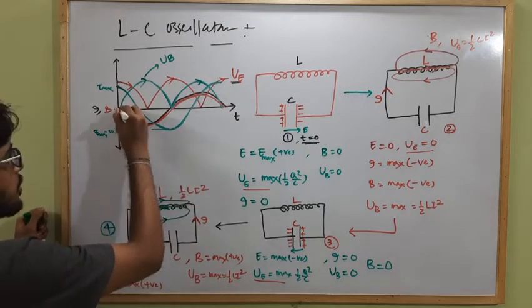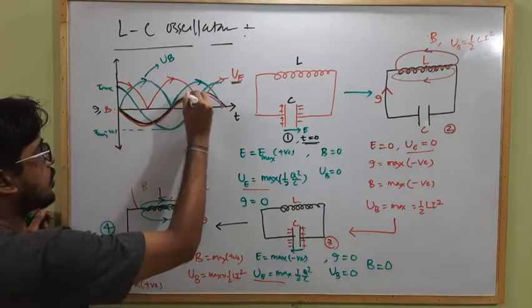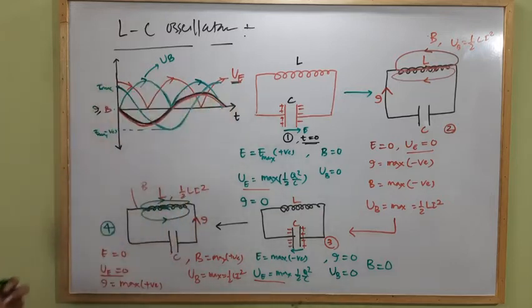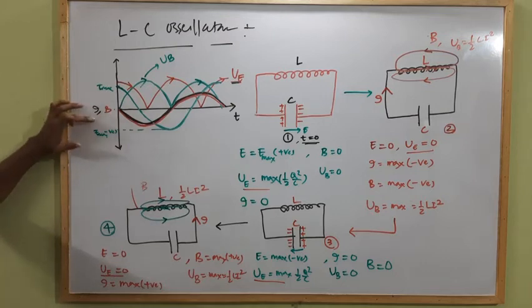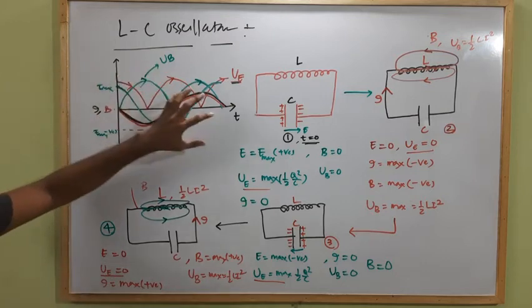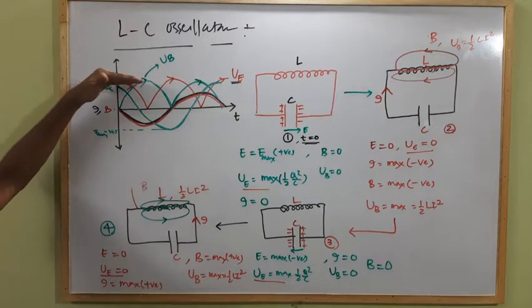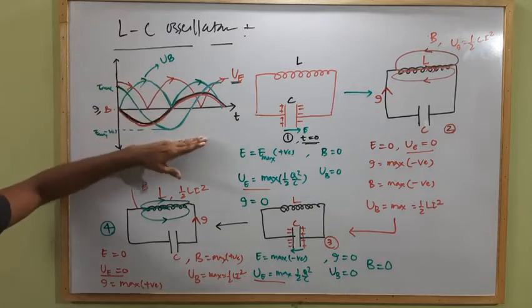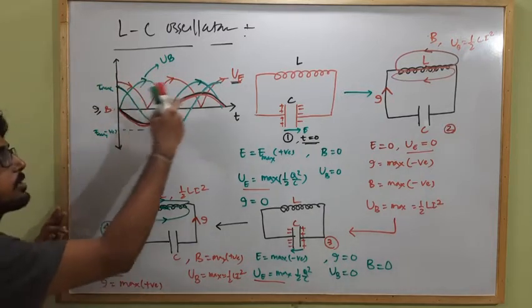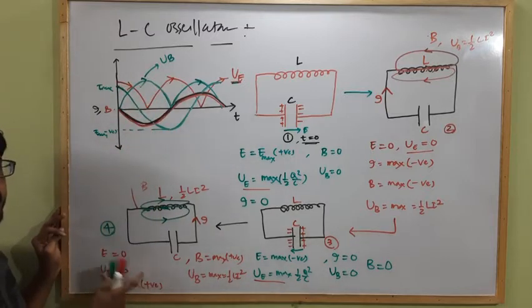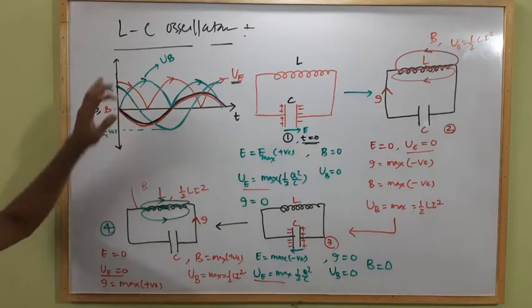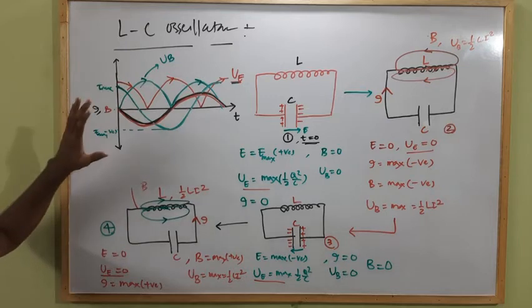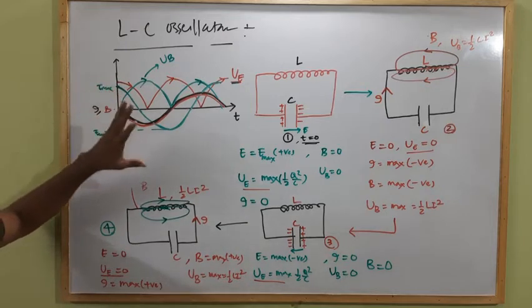So from this figure we get what? All the components are changing with respect to time. The electric field, the current, the magnetic field, all are oscillating, but the energy doesn't change its direction, because energy is always in the positive direction, as energy can't be negative because energy has no direction. So from this figure we will conclude what? The electric field, the magnetic field and the current all are oscillating. Clear? Or all are changing their direction alternately.